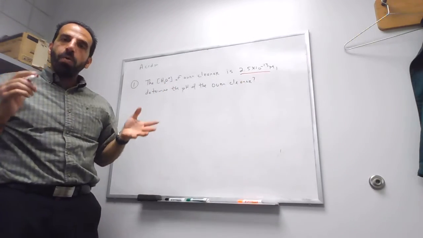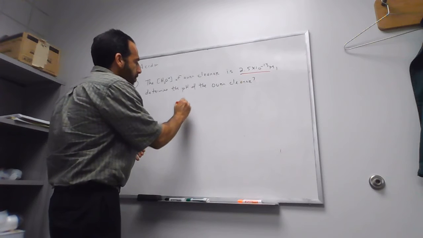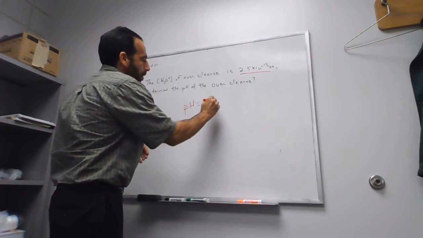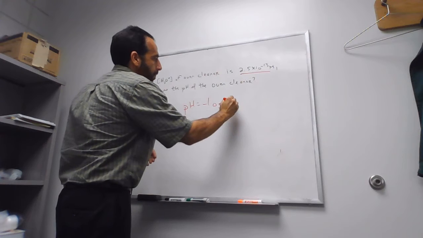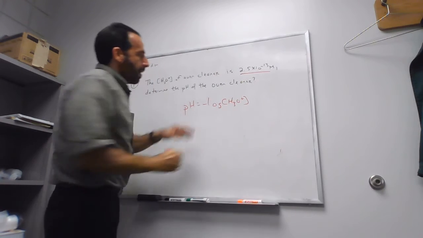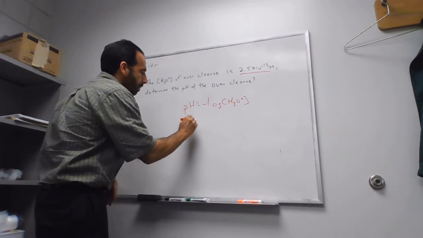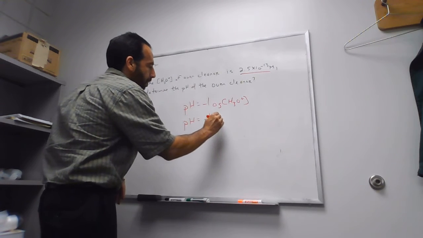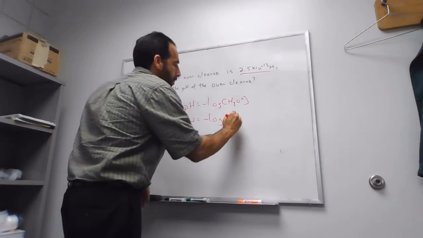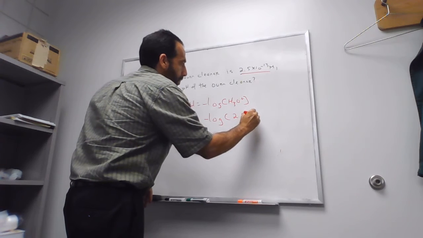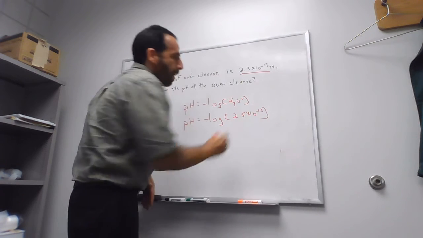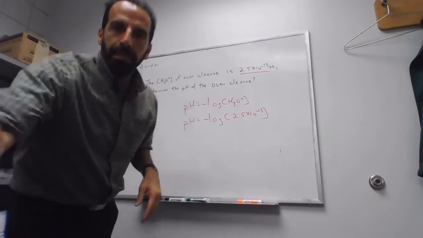So you have to know the equation for pH. So pH is minus log of the hydronium ion concentration. So let's just plug it in. Now to do this,